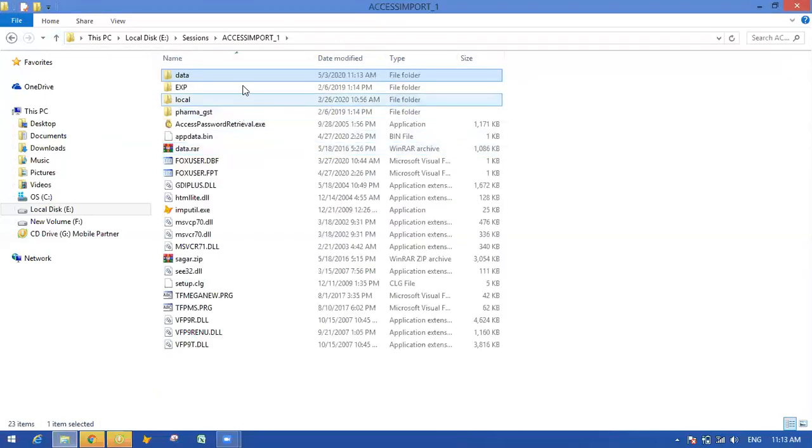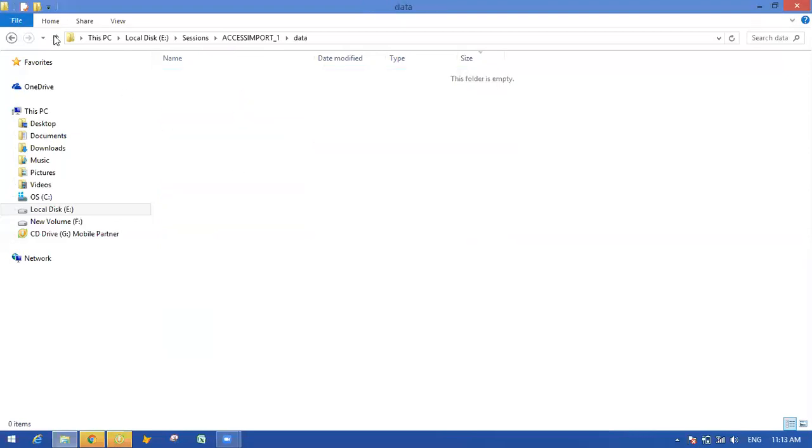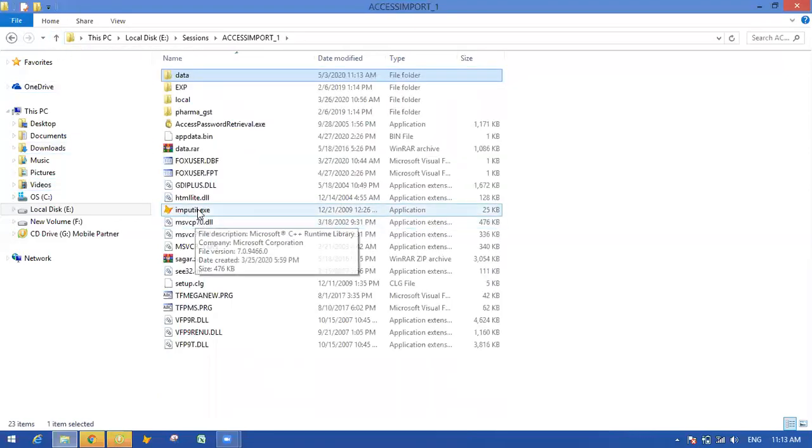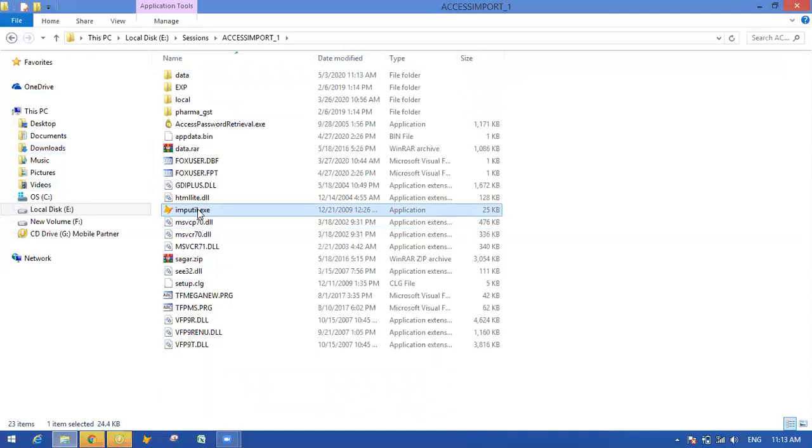Okay, now the data folder is empty. Another is intutil.exe. Means you should have this tool called Access Import in your system.